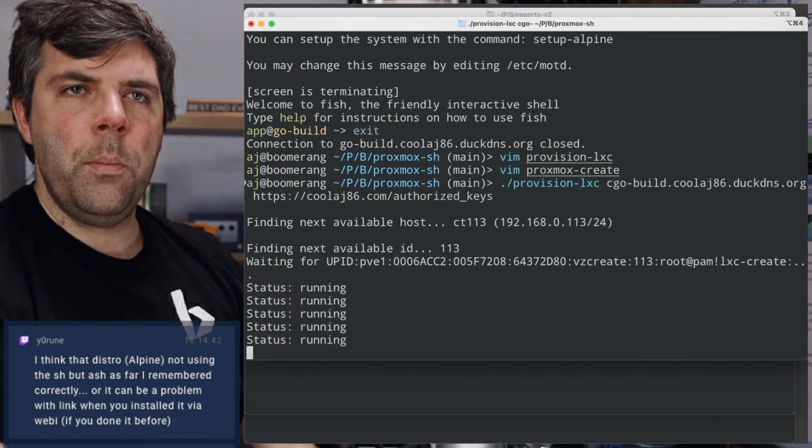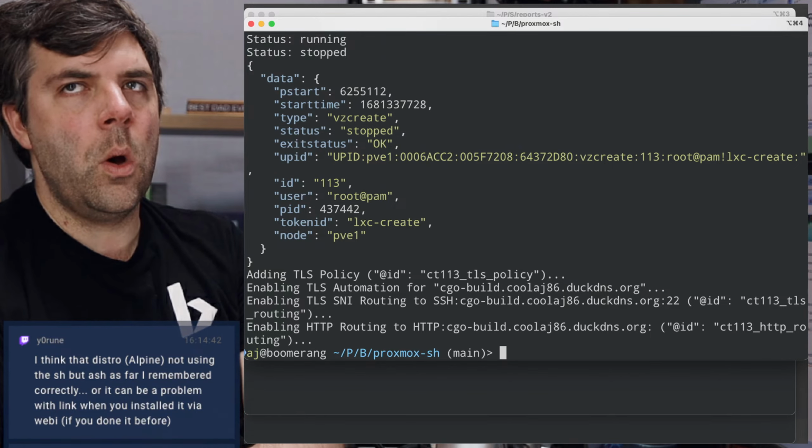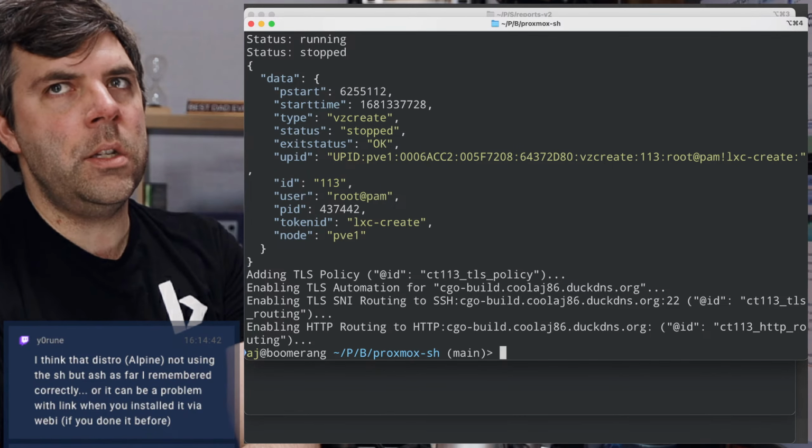I think that Alpine is not using the SH, but Ash. So SH is fictional. SH describes a capability, not a shell. So SH means a POSIX shell. That's what SH means. So the actual shells are different.